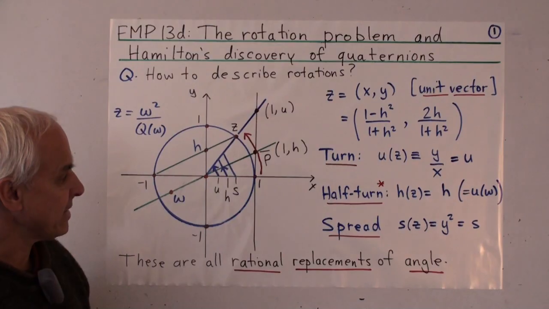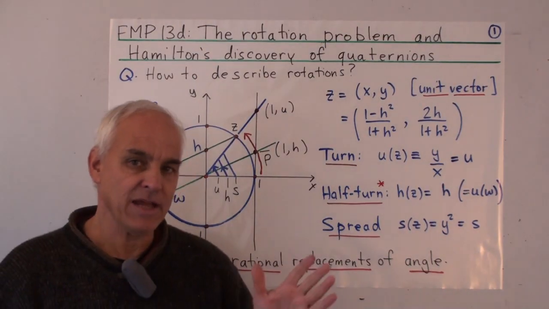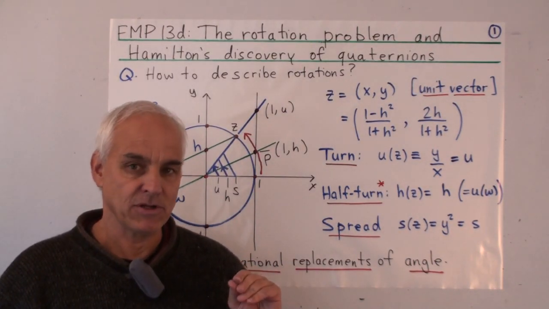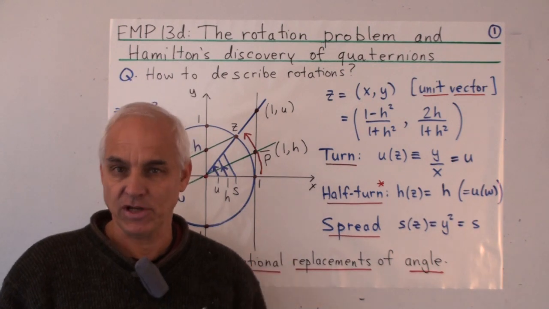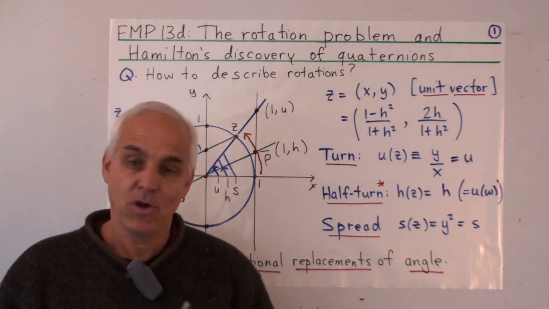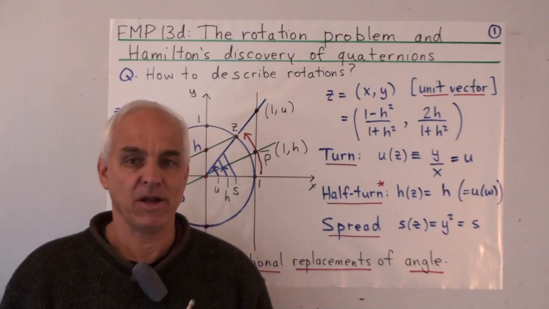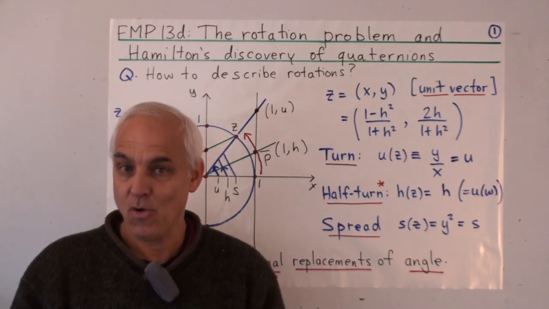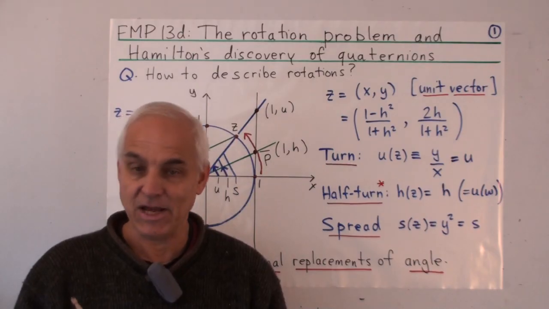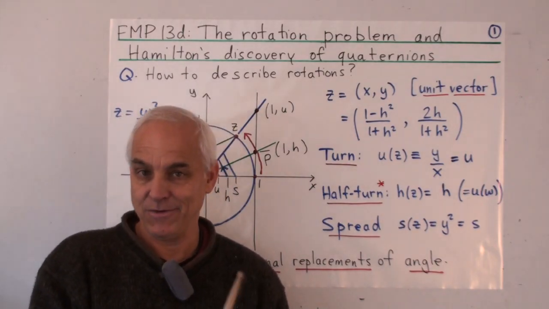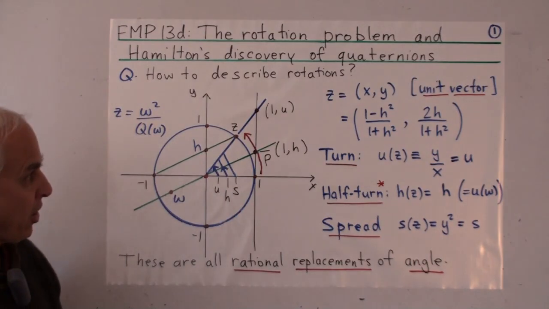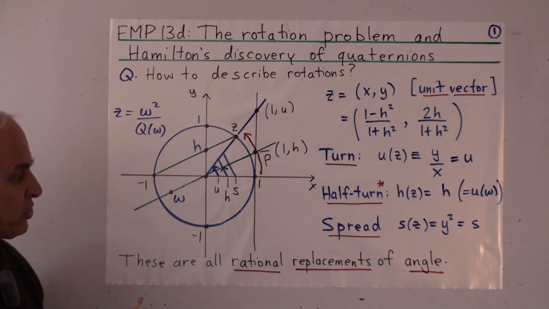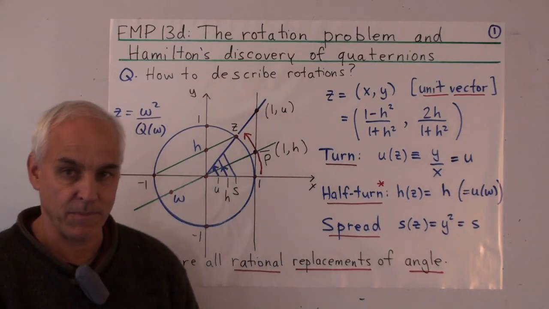So our setup today relies on not using angles. We're going to adopt rational approaches, or rational analogs of angles, which make the whole story much simpler. This is a bit of a departure from the classical way of describing the relationship between quaternions and rotations. Okay, so the main notion here is the notion of the half turn.